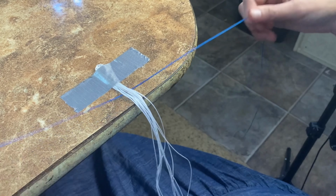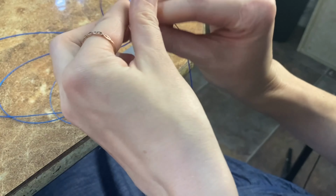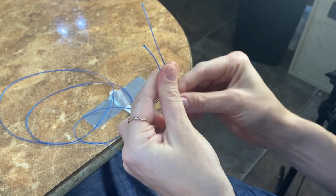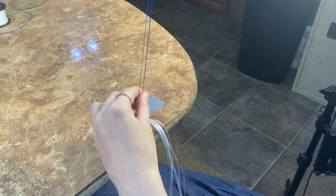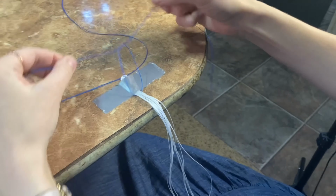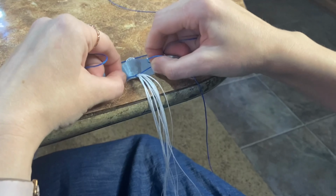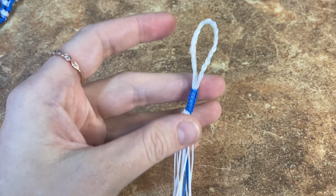To secure the braided loop and to introduce our blue strand, I'm going to tie a simple knot at the base of my tape. Place the blue strand under the white strands near the tape, line up the ends of the blue strand to find the center, then, just like when tying your shoes, cross the 2 blue strands, bring the blue strand on top through the hole, and cinch tight. Our braided loop is now secure, and we are ready for step 3, which is to tie our first set